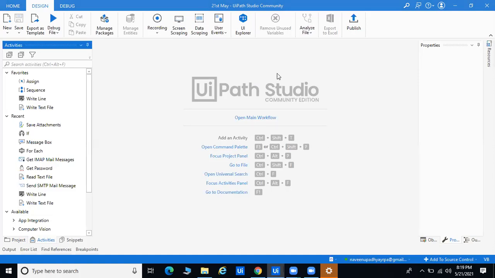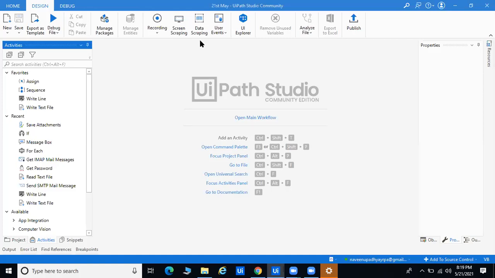if you come to the RPA world, in your UiPath Studio, in Blue Prism, in Automation Anywhere, in every tool there is a predefined activity. Predefined activity means that if you want to automate the Excel part, the email part, or the PDF part, everywhere we have a predefined activity.